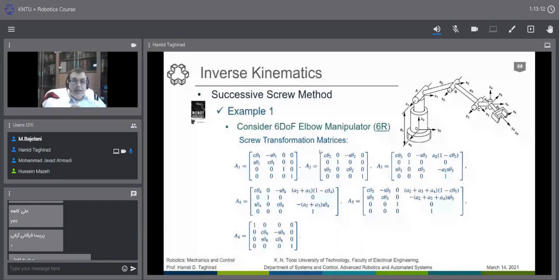In screw coordinate, the same thing will happen. If we have intersecting point, we can separate the problem into two problems and just solve one by one. But if they are not intersecting, or we have R and P, sometimes we have not only R, we have a few R parameters, a few P parameters, then this becomes somehow more difficult in terms of the understanding. Again, what we have to do is find